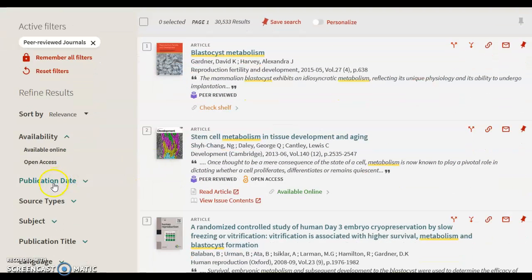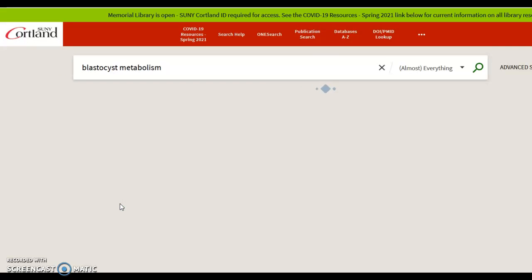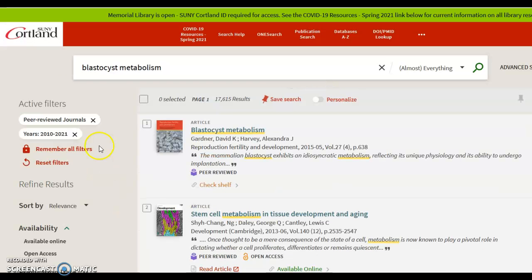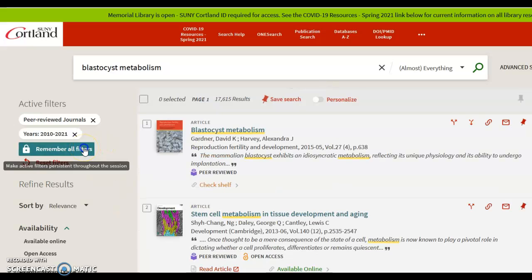I'm going to use publication date because you probably don't want articles on your topic from 1900 unless it's a history of science paper, right? So we could say 2010, for instance, click refine. All right. So we've got our filters set here, and then when you have them, you can click remember all